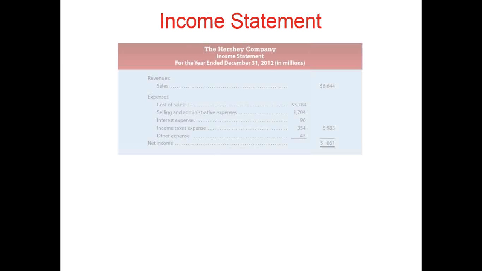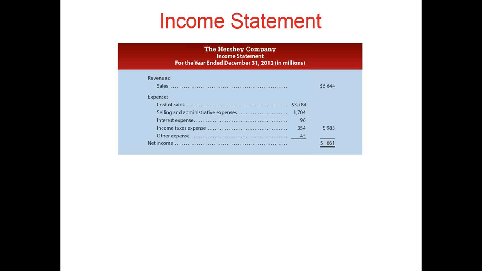Here is an income statement for the Hershey Company. Every time I see this, I want to go eat chocolate. All right, revenue. You see in their first line, they list their sales. And notice this is in millions of dollars. I just can't wrap my head around that many zeros. And then they list their expenses and come up with their net income, which means that they had more in sales than they did in expenses.